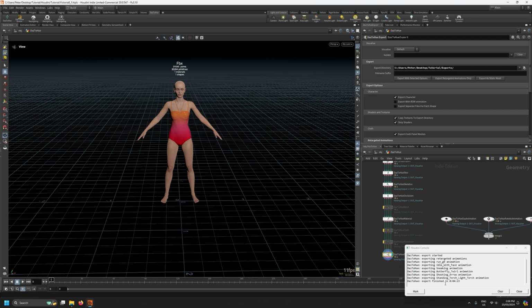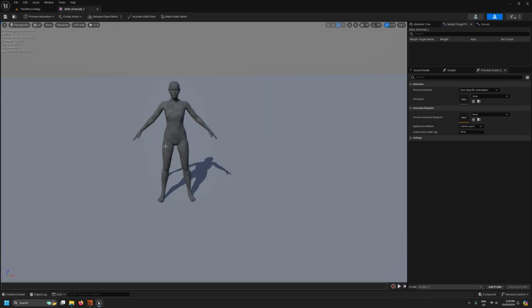So that's now finished exporting. We can see that it's exported 6 animations in nearly 4.5 minutes. Exporting is a little slow at the moment. It is another area I'd like to improve in future releases. I think I will be able to get some performance improvements by clever caching strategies, but I haven't gotten to that yet. So just to finish off, I've imported that Victoria 8.1 test character into Unreal Engine, along with all